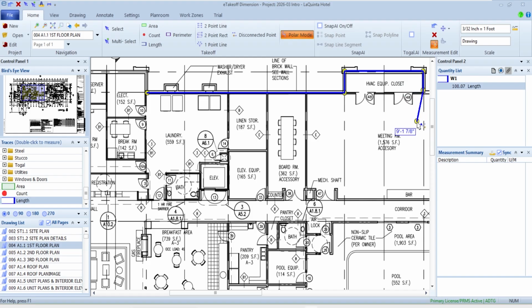So the polar mode can be real handy, especially for extra perimeters and stuff like that, where I've got a lot of jogs. And once I hit a straight shot, I could just head over to the far right or the side anyway, and keep on going. So that's a little bit about polar mode.